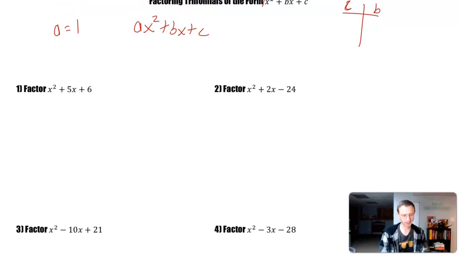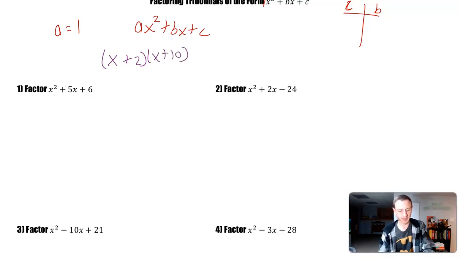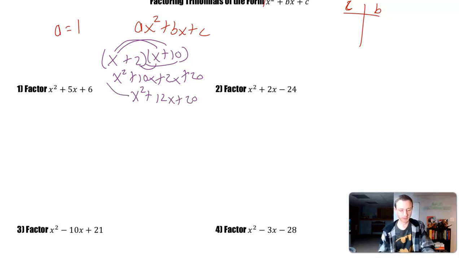Okay, let's take a look at number 1. Factor x squared plus 5x plus 6. Keep in mind, what we're trying to do is factor this to get to a point where it looks like something like x plus 2 times x plus 10. Before, when we would multiply, we would do x times x, that's x squared, x times 10 is 10x, 2 times x is 2x, 2 times 10 is 20. So we'd end up with x squared plus 12x plus 20. We're going backwards now, just like how we were for GCF. We took out a GCF to go backwards from that distributive property. Same exact process,